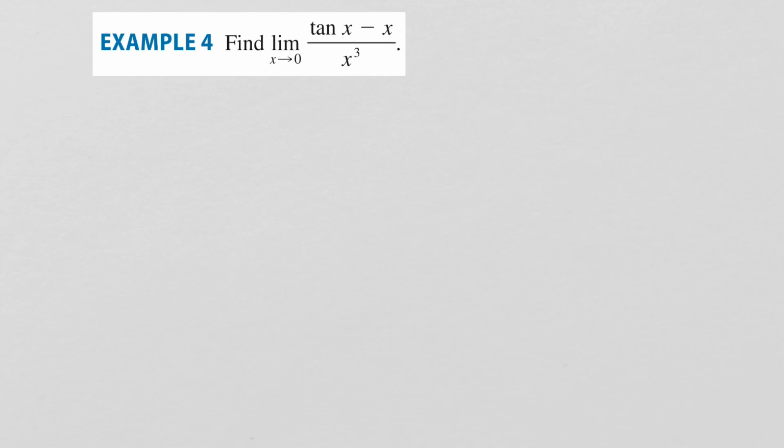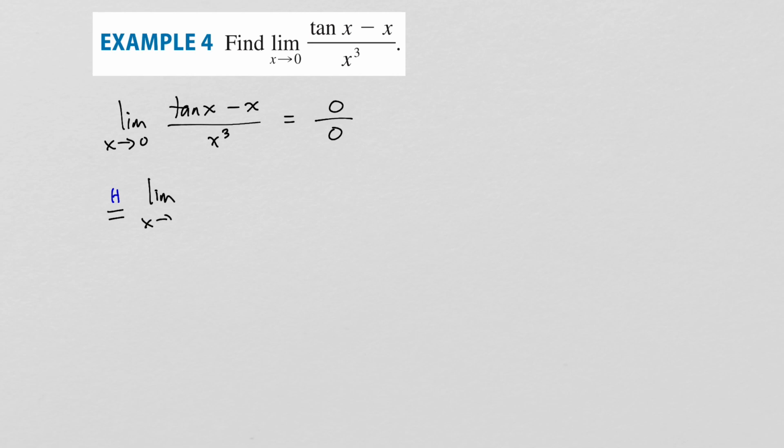In our next example, we have the limit as x approaches 0 of tangent of x minus x over x cubed. And if you plug in 0, tangent of 0 is 0, and of course here you get 0. So the numerator is getting closer to 0, and the denominator, of course, is also getting closer to 0. So therefore, we can say this is equal to, by L'Hopital's rule, the limit as x approaches 0 of the